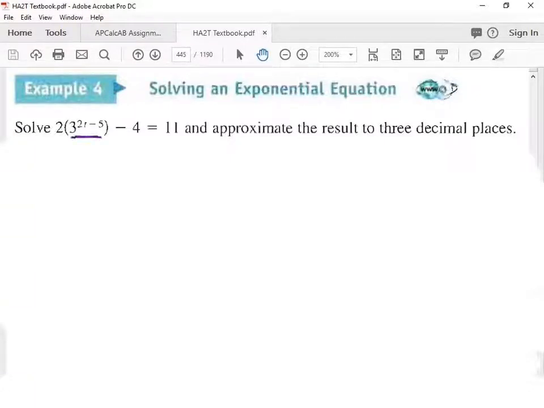All right, so we got to get this guy alone. And so that means we got to get rid of that -4 and that *2. So let's get rid of the -4 first. So we're going to add 4 to both sides. After I add 4 to both sides, you get 2 times 3 raised to 2